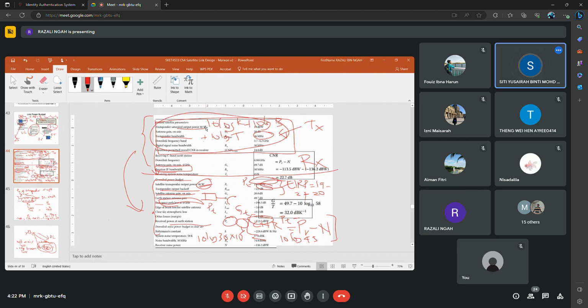Then when you table up your downlink power budget, for this parameter you still have to put PT, but since the value is not given, you just put PT. You put PT here. Okay, understood. So the rest are the same. That means how to get the PR is